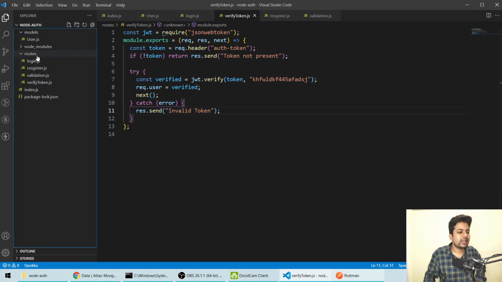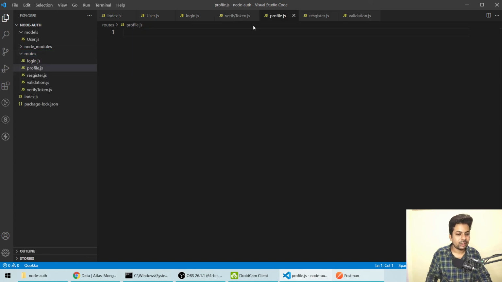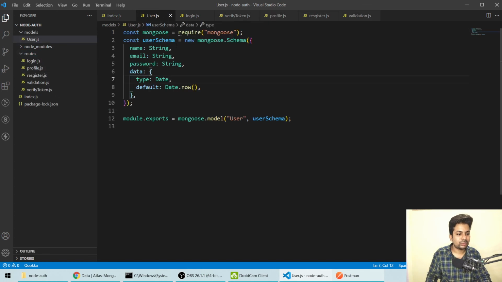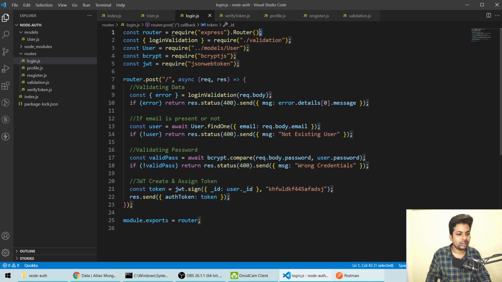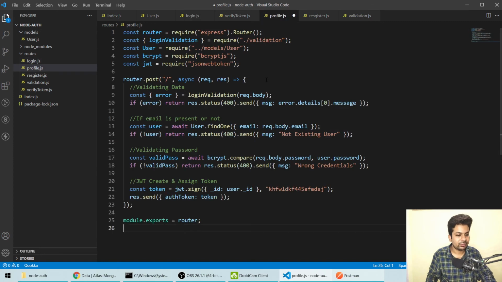Now make a profile page and use it there, and we'll call it profile.js. Let me use these things: router. Let me just copy all of it and delete everything one by one. I don't need validation, I need user.